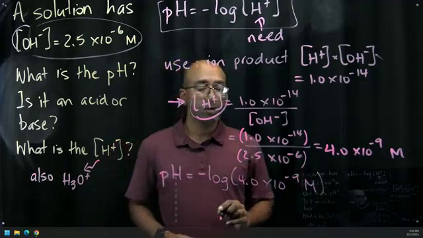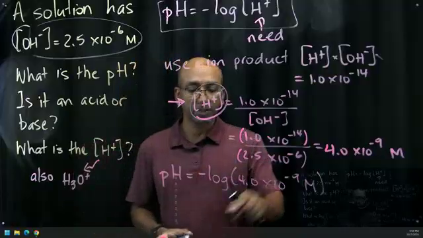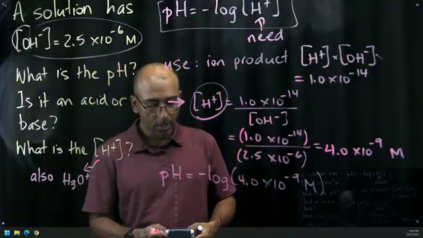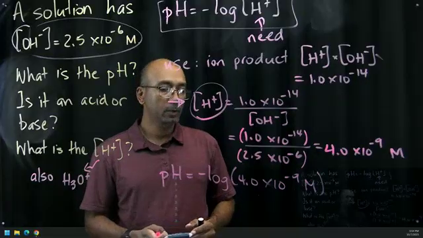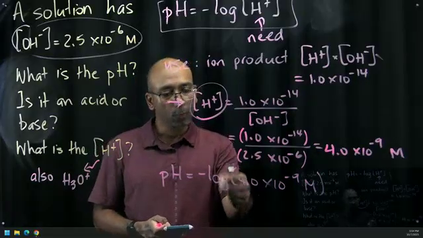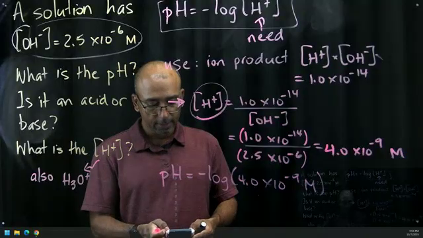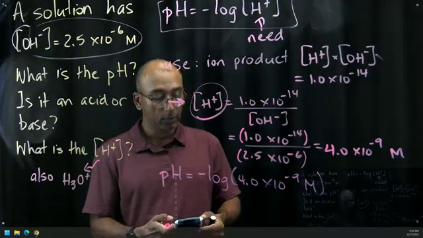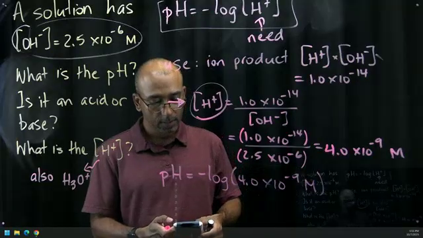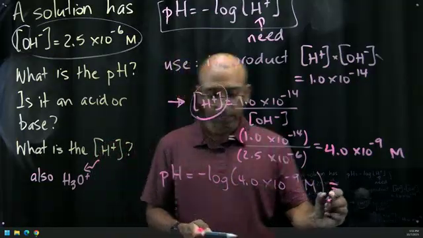Again, what you want to do is make sure that you enter that into your calculator correctly, because I'm going to take the negative value of the log. In most cases, once you hit that log button, it opens the parentheses for you. So 4.0 times 10 to the negative 9. Make sure that you close your parentheses at the end. And that's going to give you a value of 8.0